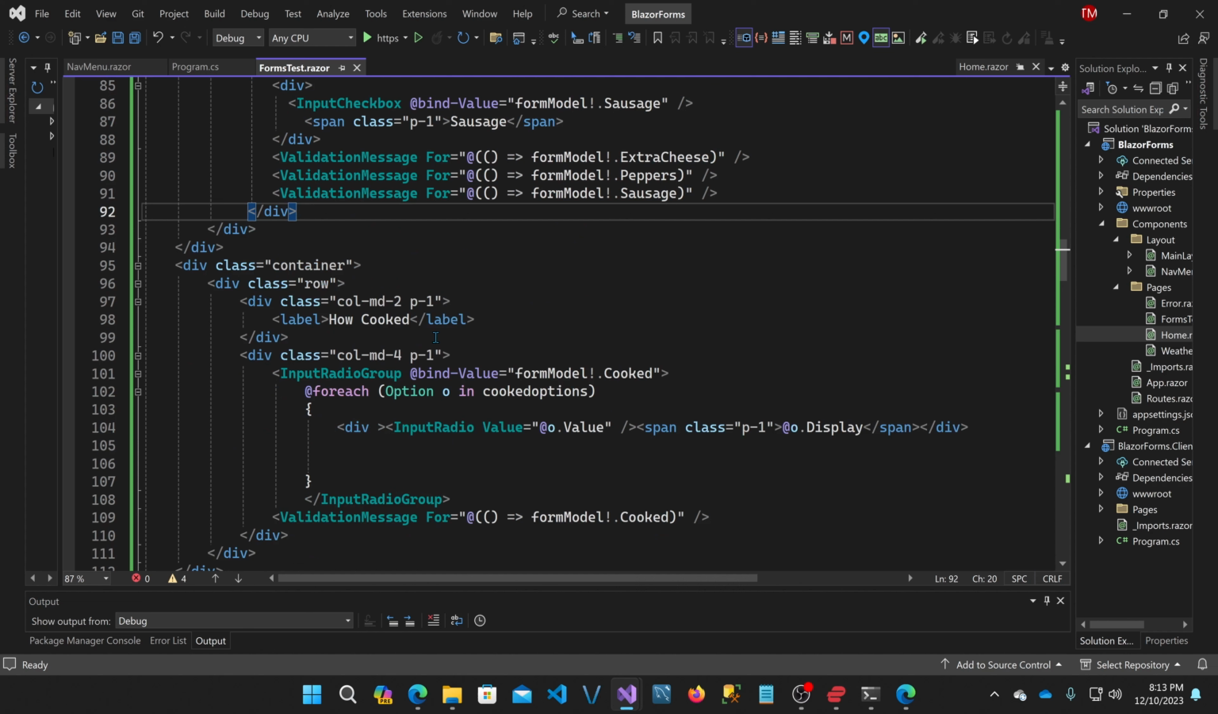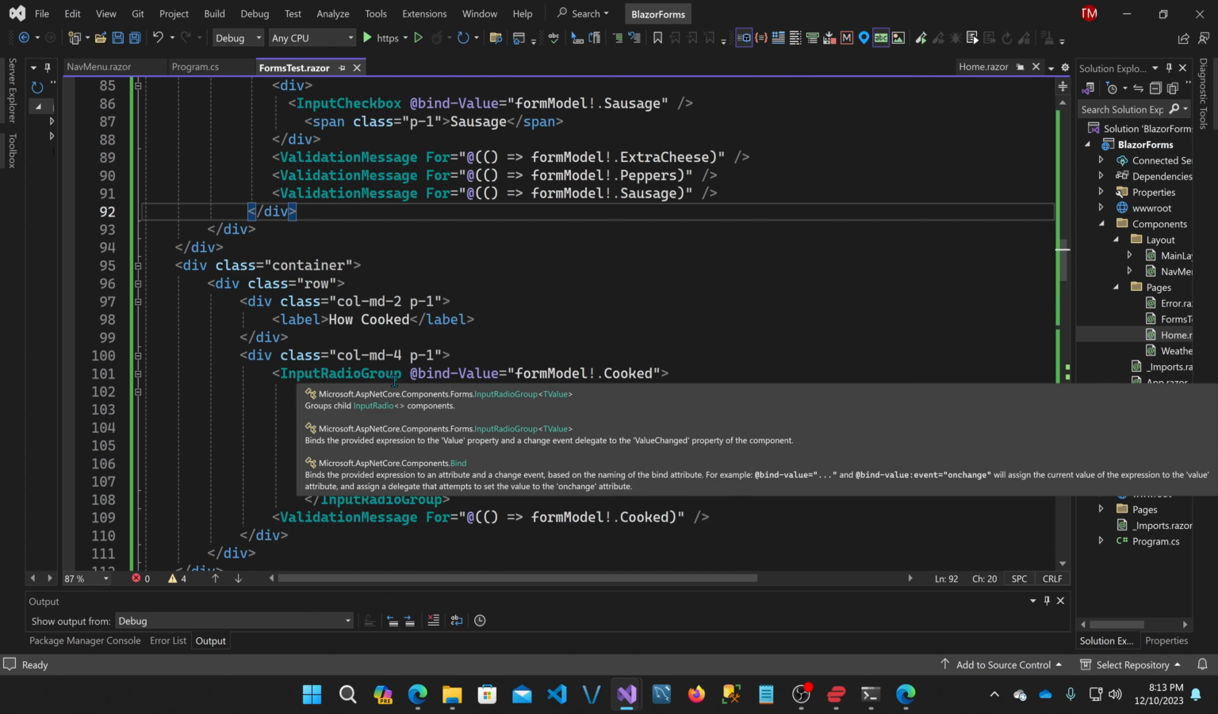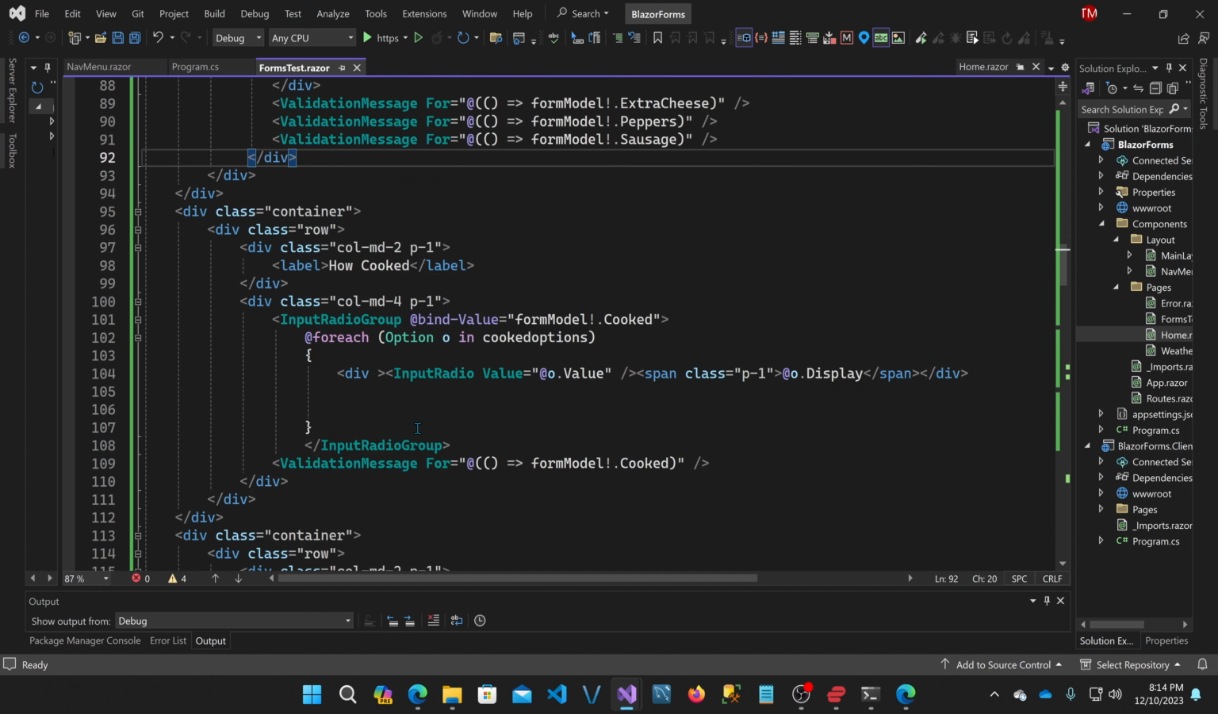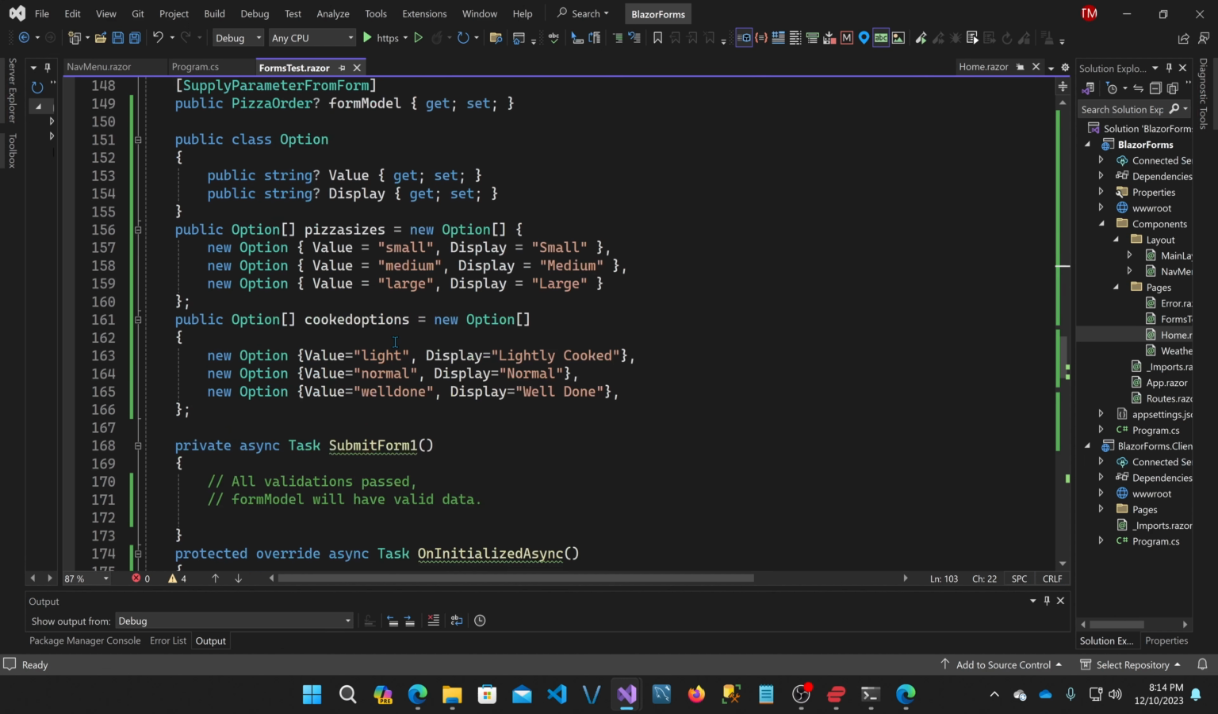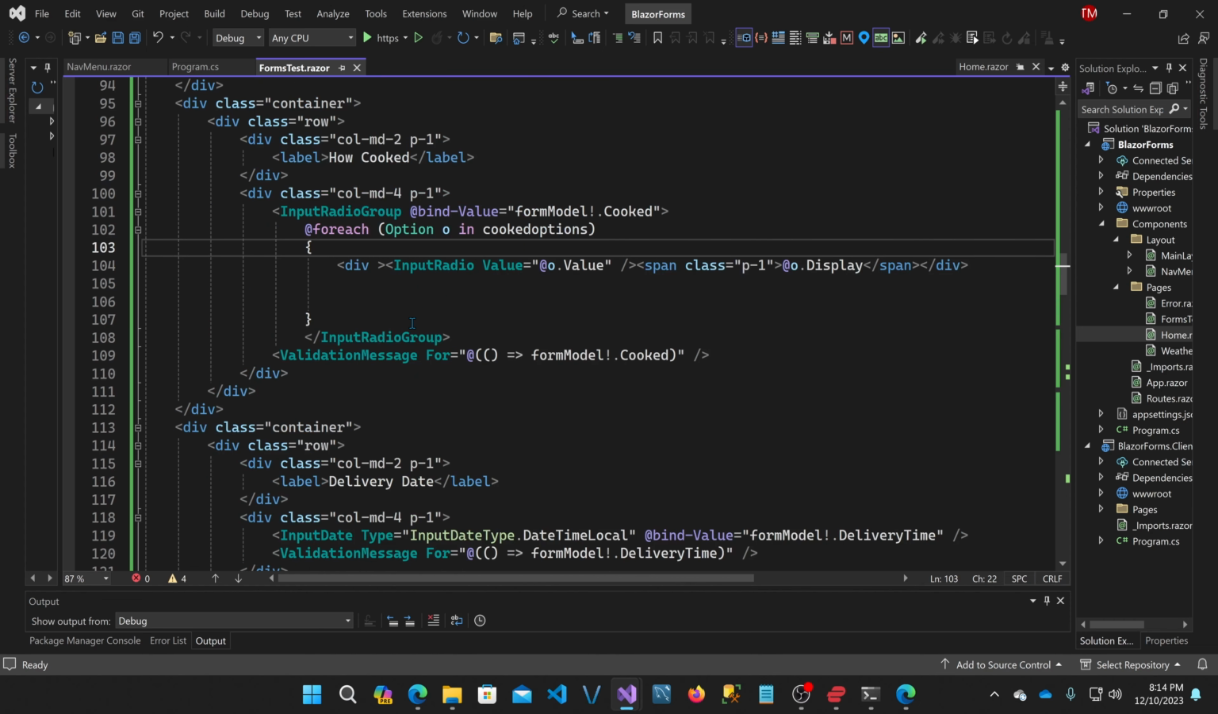Now the next thing I have is a radio button group. This is a little simpler than the drop-down. I have a set of options for what cooking options we have, and if I go down I'll show you those. We have light, normal, and well done. Different values to what is displayed. So I can use this option array up here